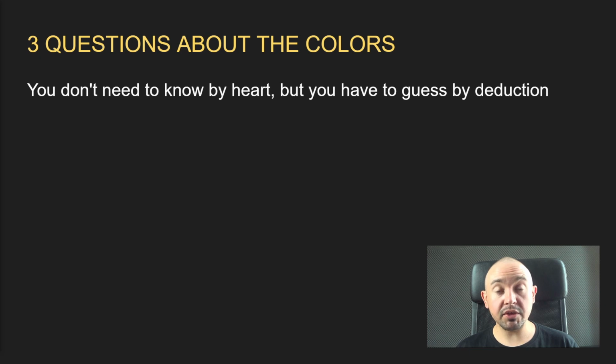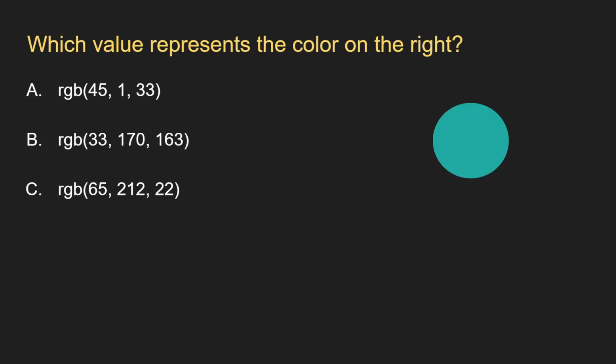3 questions about the colors ahead of you. You don't need to know them by heart, but you have to guess by deduction. Which value represents the color on the right? As you may know, in the RGB function, we have 3 values for 3 primary colors, red, green, and blue. As in its name, RGB, the values are always in the same order each time. So the first value refers to the red color, the second one to the green color, and the third one